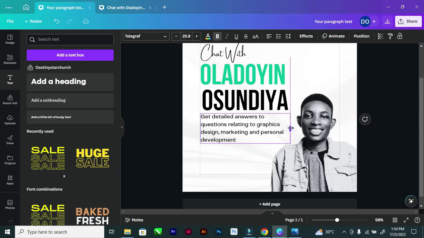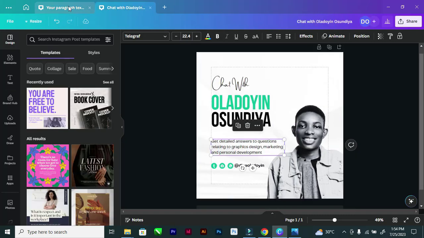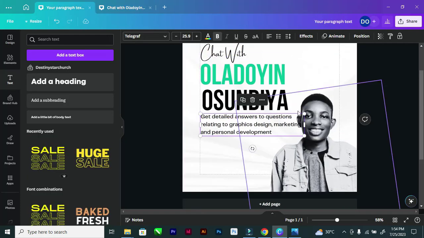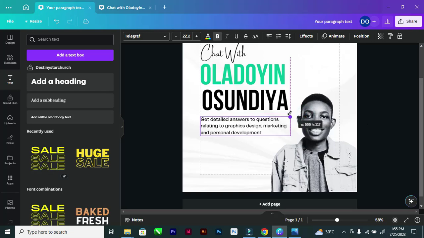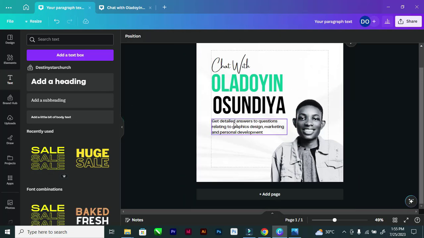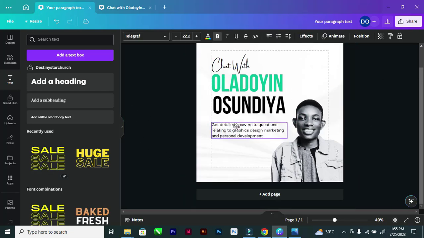I'm going to leave it. I think I want it to be in 3 lines. How is it here? Okay, I want it to be in 3 lines, so I'll just reduce it. Okay, that's that. I think I like it this way. So I would like to give it a little bit of space between this and the body text. And next thing we'll be adding is